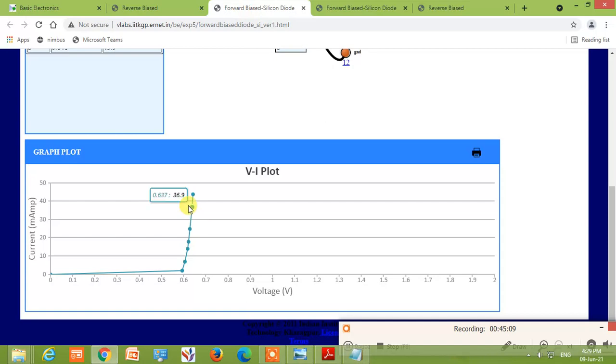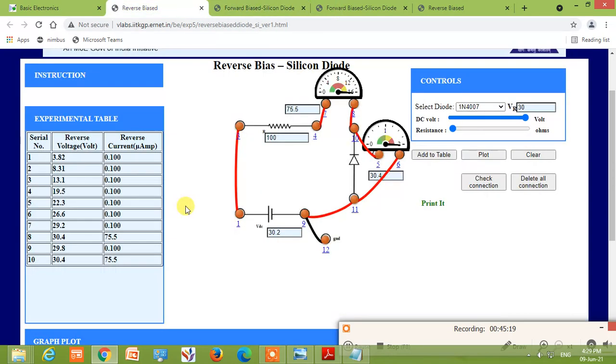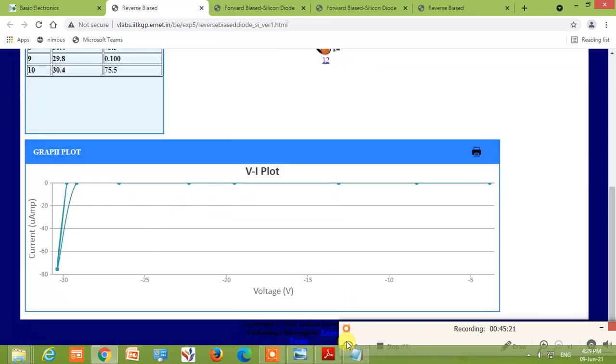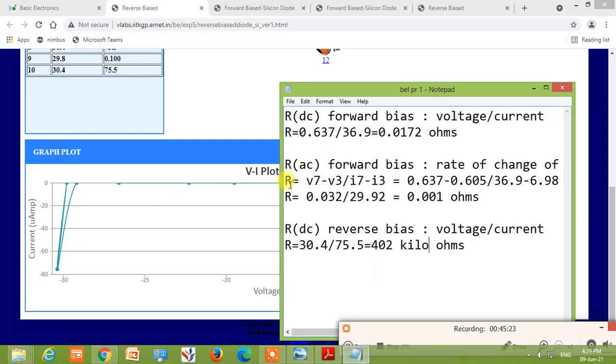Connecting the points they have taken, you have to make a right angle triangle for the two points they have taken, for forward bias as well as for the reverse bias, and do the necessary calculations. So this is all about the VI characteristics, and measuring the value of AC and DC resistance for forward bias as well as for the reverse bias.